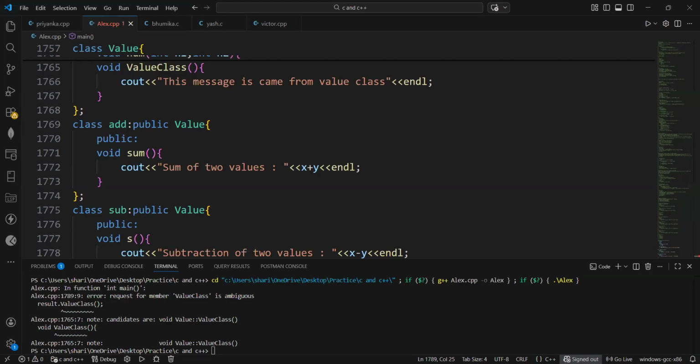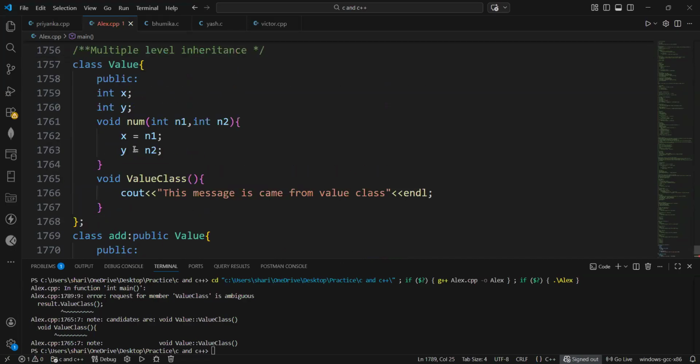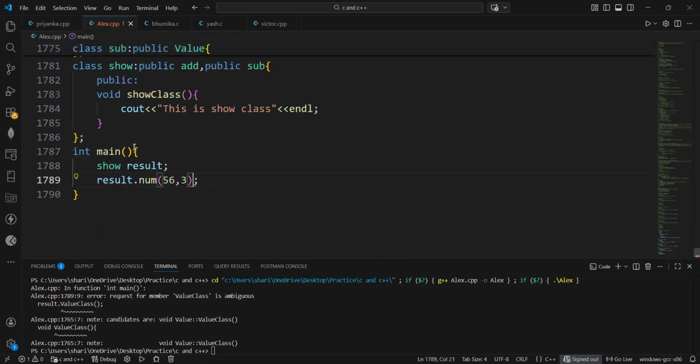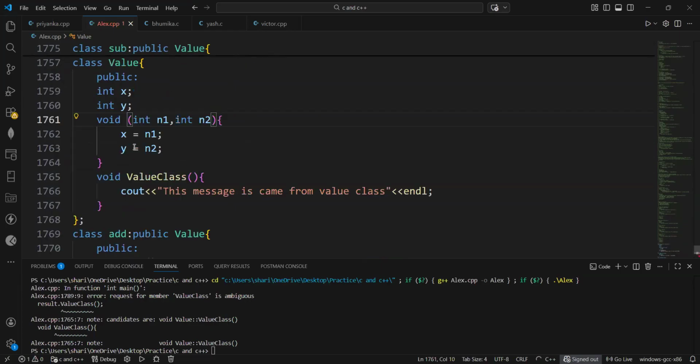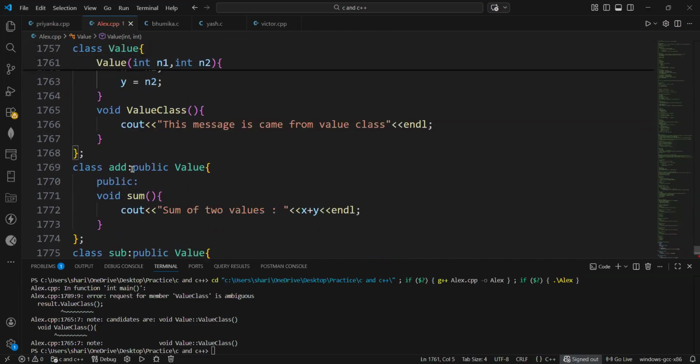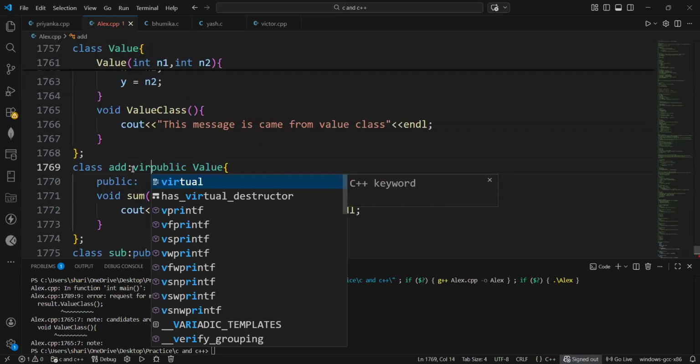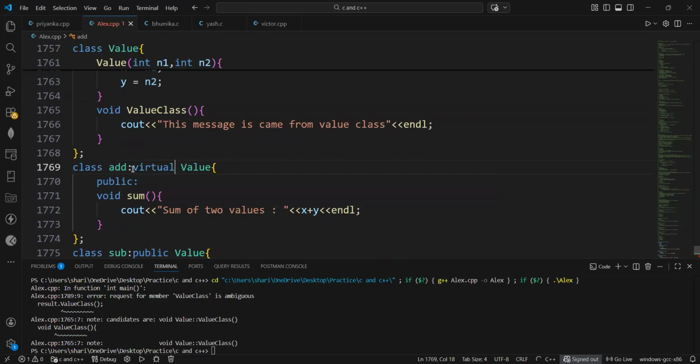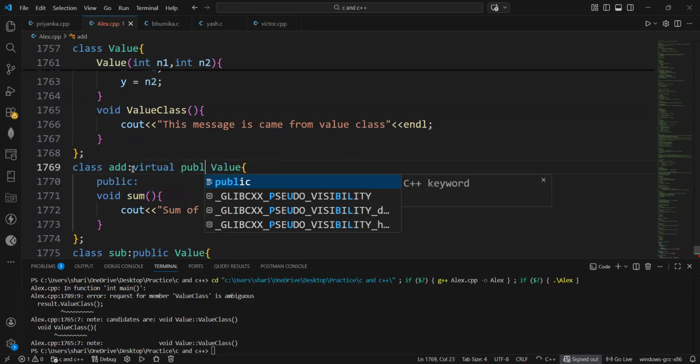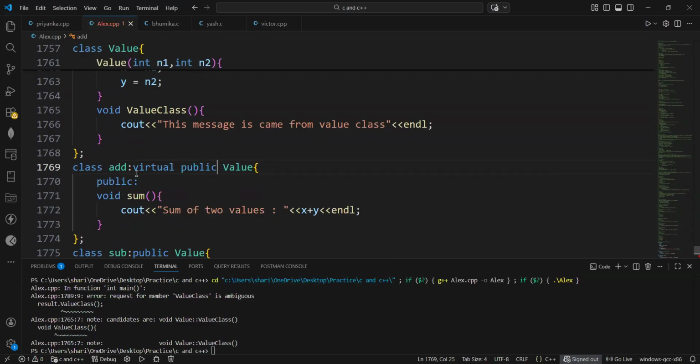Yeah, for this part, we use one thing. But for this type of thing, where sometimes we have issues, what should I do? For this part, we use the virtual keyword. Okay, virtual public value, right? And then after that, inside the public, we call